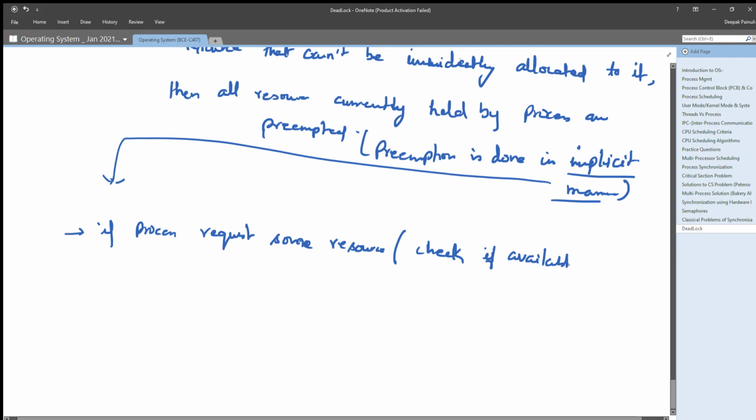So for ensuring preemption, whenever a process requests some resources, first check the availability of that resource. If not available,